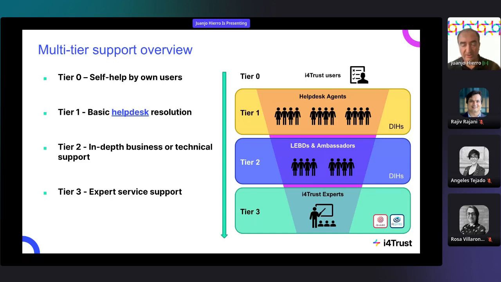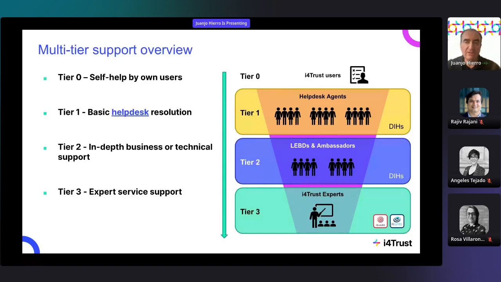And last but not least, there might be, of course, questions DIHs may not be able to solve, and that is fine. That's why we, the I4Trust core partners, are involved and bringing experts that ultimately will provide the necessary support when needed, and when DIHs have not yet gotten enough experience to answer all the questions.